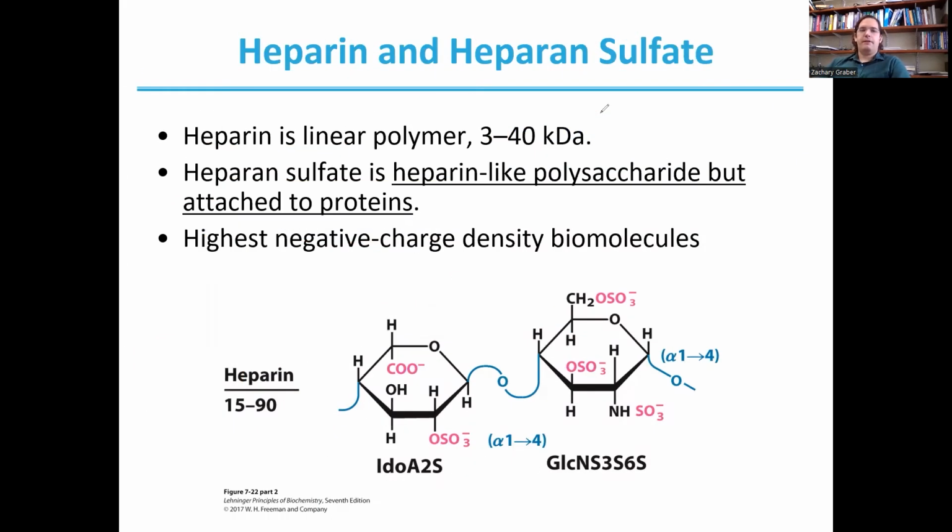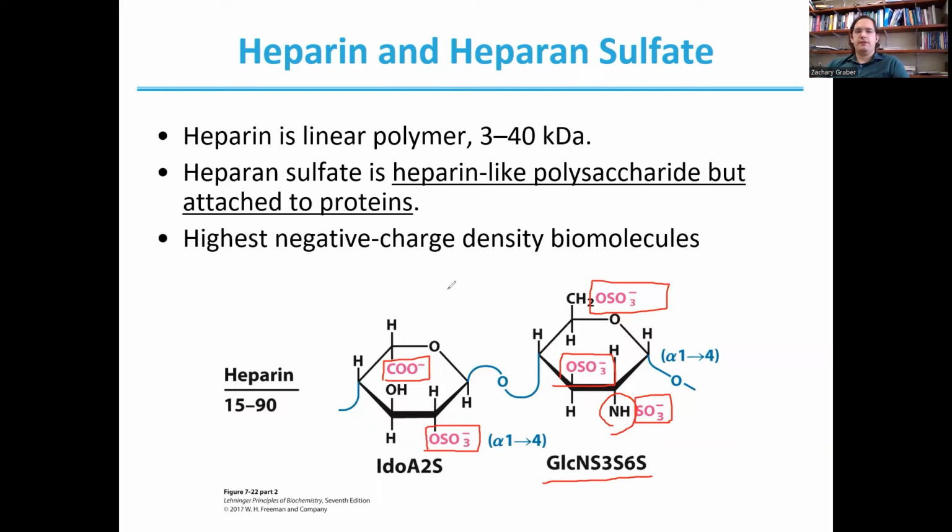Now, of course, heparin is a polysaccharide that we're interested in for COVID-19. If we look at the structure of heparin, you'll notice again we have an amine-modified sugar, although in this case it's just a single amine group and not the N-acetyl group. And of course, we also have a lot of charge groups on our glycosaminoglycan here as well. So heparin is actually the highest negative charge density biomolecule that we have, based on all of these negative charges from our various sulfate esters, as well as that carboxylate group.